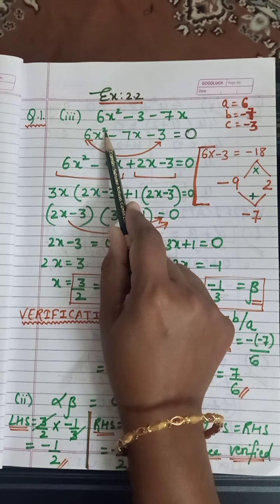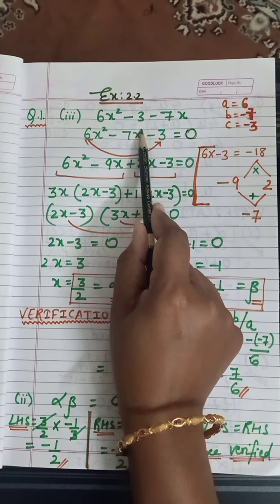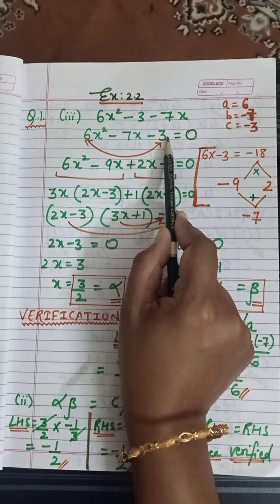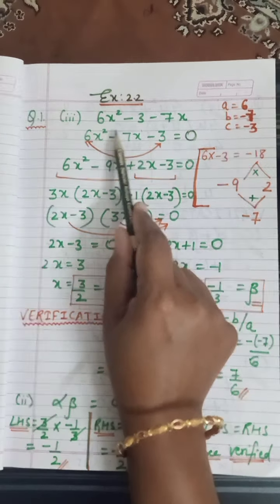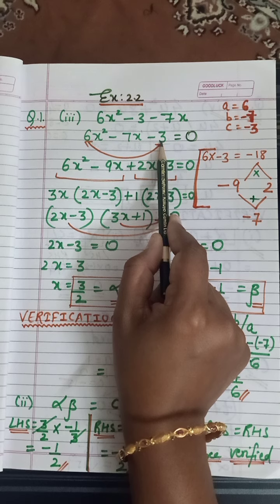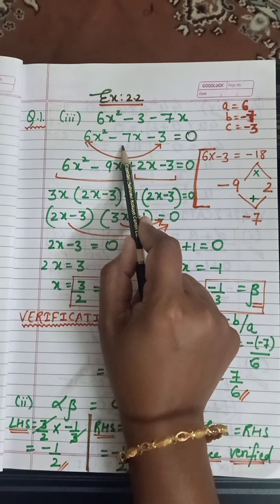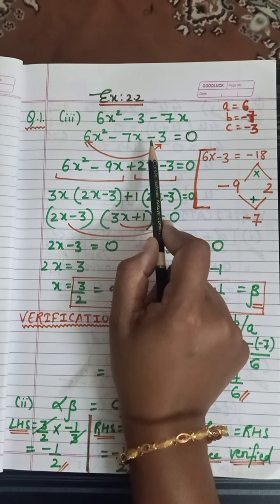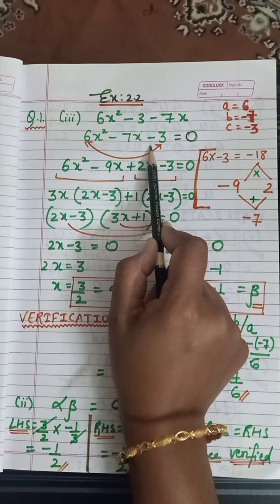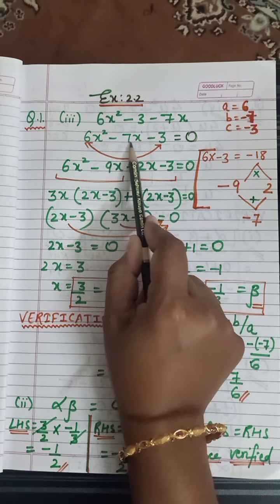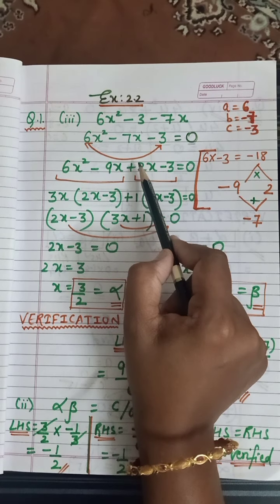The first term is having power 2. The second term is having power 1 of the variable. And here the constant term is having power of the variable 0. Therefore 2, 1, 0. Now it is arranged properly in descending order of the power of the variable. So 6x square minus 7x minus 3. Since I have to find out the zeros first, because the question is to find the zeros and verify the relationship, whenever I have to find the zeros, I have to equate this polynomial with 0.